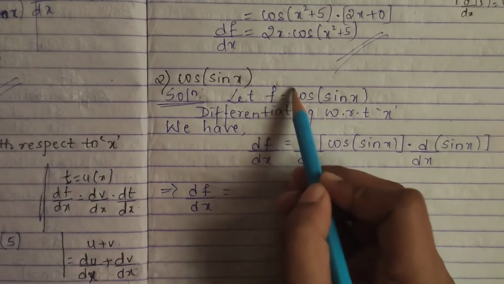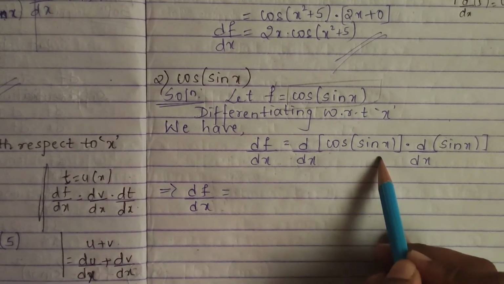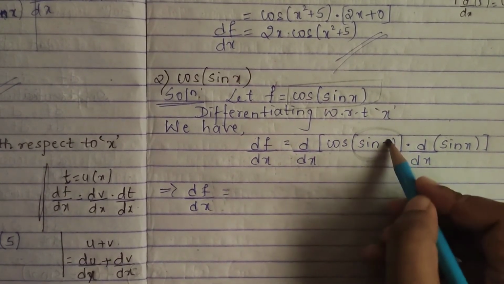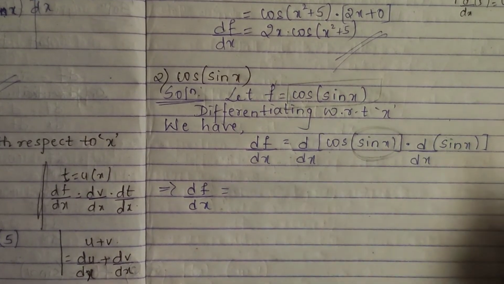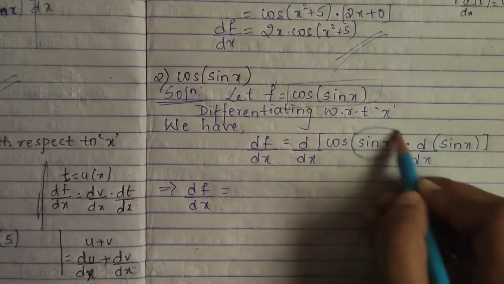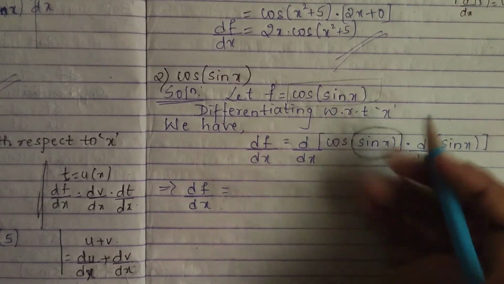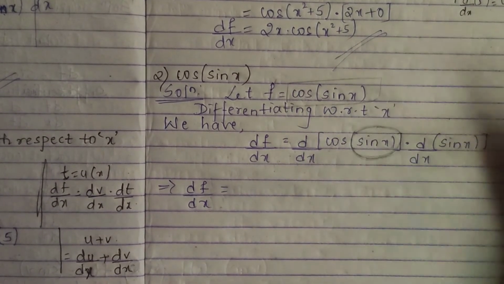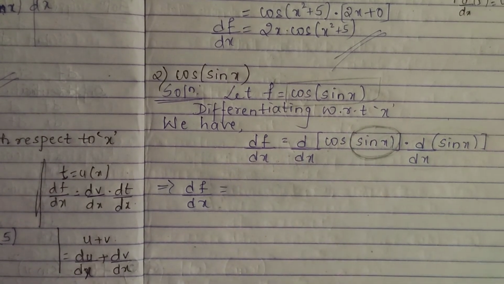So differentiating first this whole part, d by dx of cos of sin x. And again the interior. Why are we doing the interior? Here also the x part is there. If an x square would be there, then again the interior would be there. So this interior you have done: differentiation of again sin x. See how many terms keep increasing, that many times you have to differentiate. That is what is meant by chain rule.